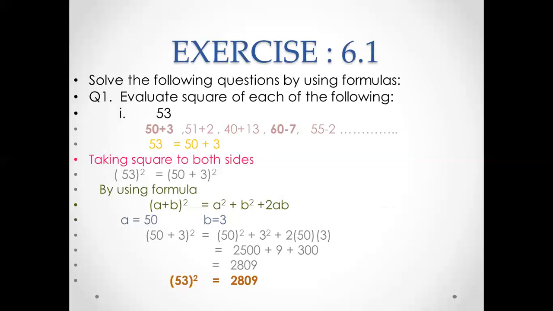According to our question, A is 50 and B is 3. So in the formula, instead of A you put 50 and instead of B you put 3. Simply we write there A square, I write 50 square, then B square plus 3 square, then 2AB, 2 multiplied by 50 multiplied by 3. When we calculate the numbers, take the square, add all the numbers, we got